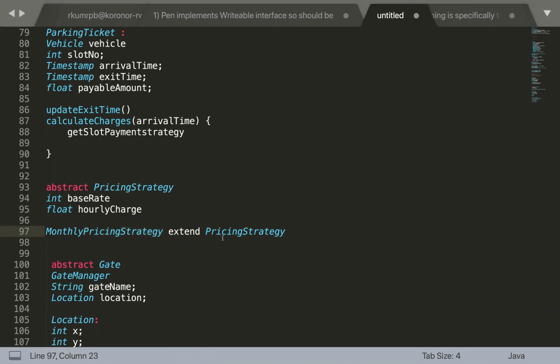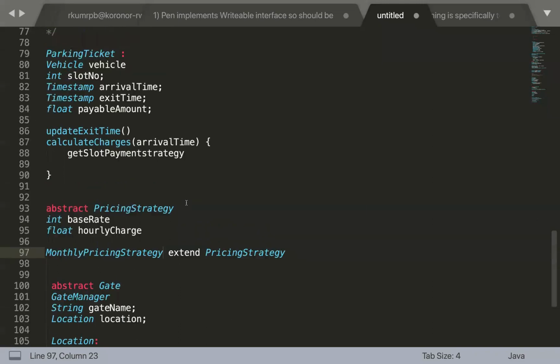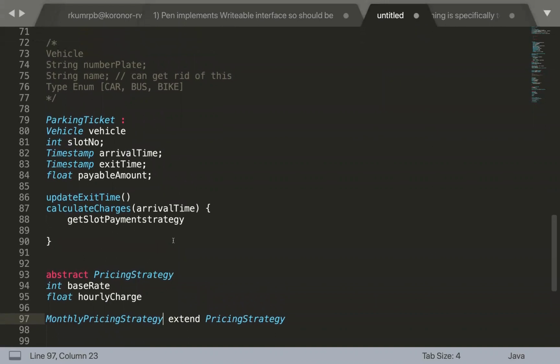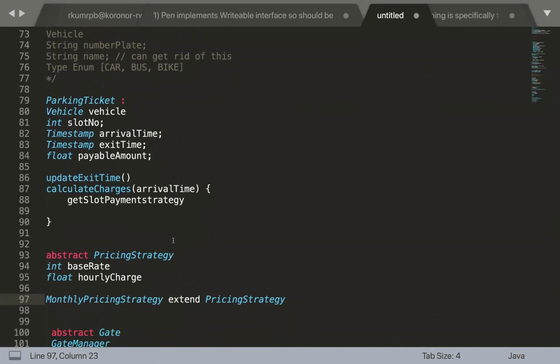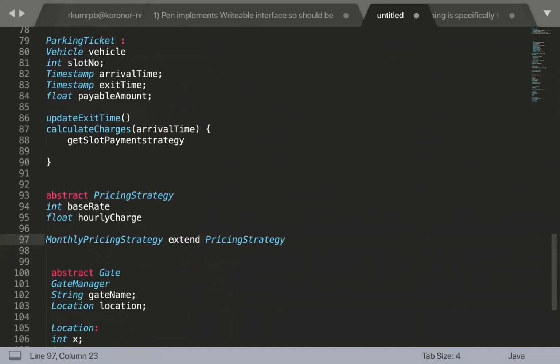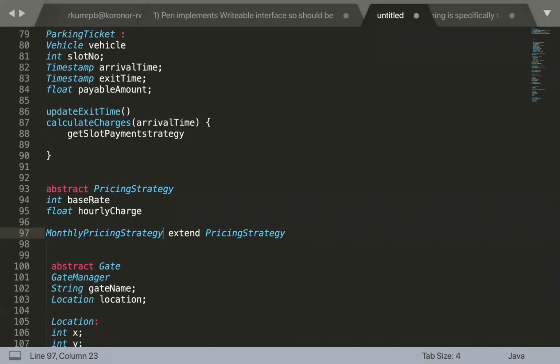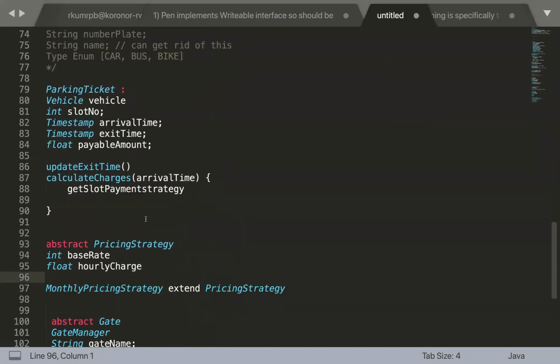So we have this monthly pricing strategy that is extending this pricing strategy, and based upon this we'll be able to calculate the charges. Okay, and probably it can receive some information for the vehicle type as well. So based upon that, या फिर उसकी जरूरत है नहीं, probably base rate, hourly rate, right? So okay, I guess we don't require the vehicle type here.